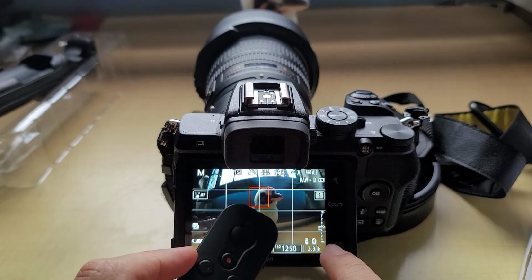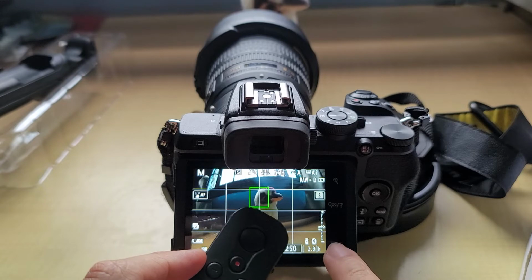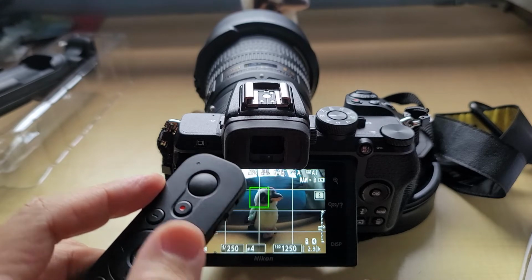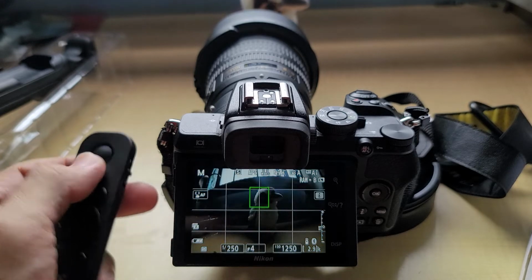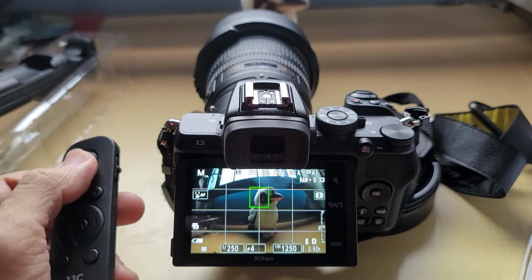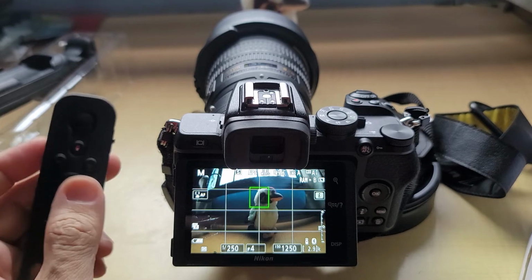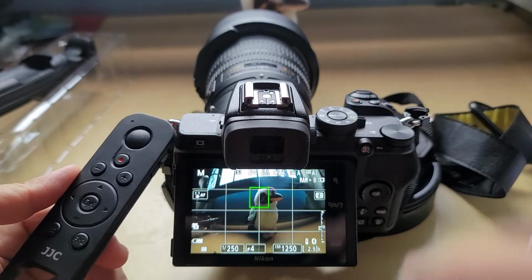Notice that about 10 seconds has passed, and only when this Bluetooth stops blinking does it mean that it's paired. So if it powers off by itself into power saving mode, you have to do this every time it powers on again. So this is one of the things that's missing. Second most important thing is that on the Z50 camera,